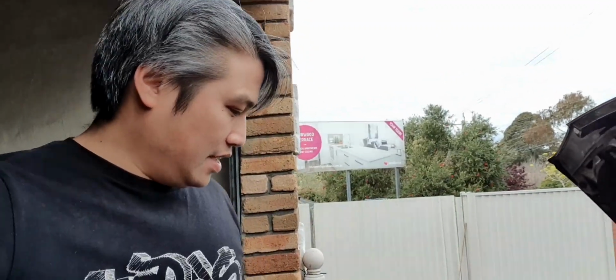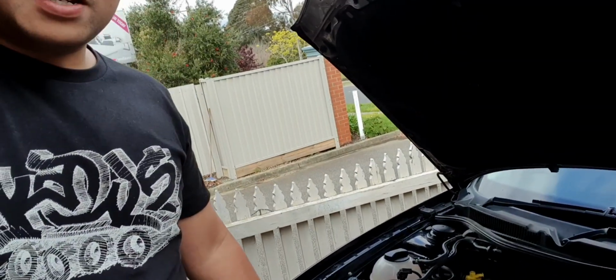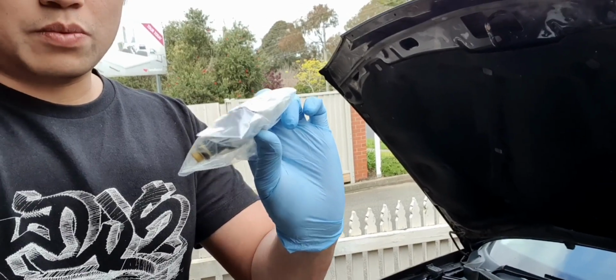Today we have a couple of goodies that came through to try and increase the performance of the car. So I received the injectors, Saab red top injectors. They run really well with the AGU engine with the ME3.8 or M3.8, and also a VR6